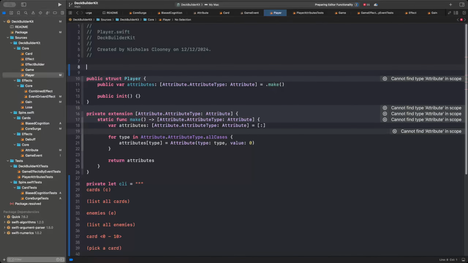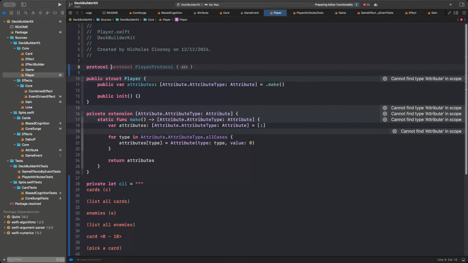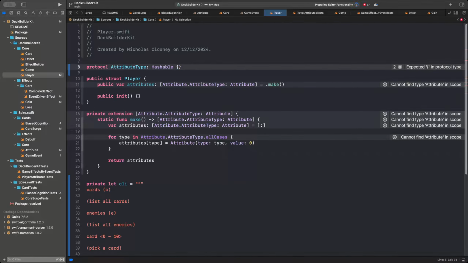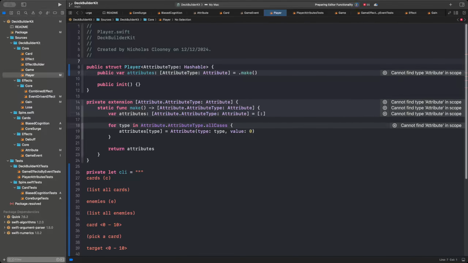I think what we can do here is we can write a protocol for attribute type, which is actually just a hashable. Doesn't need anything else. So you would have an attribute type, which is hashable. Right, I don't even need to define a protocol. It just has to be